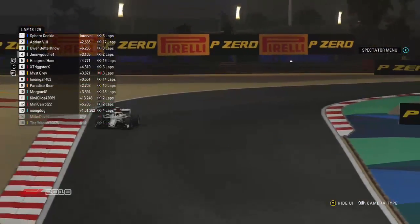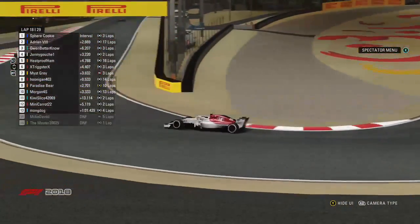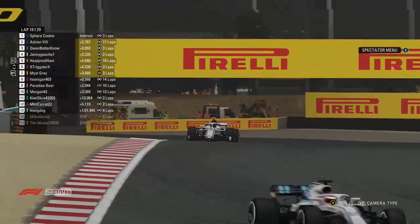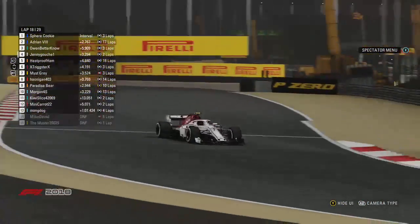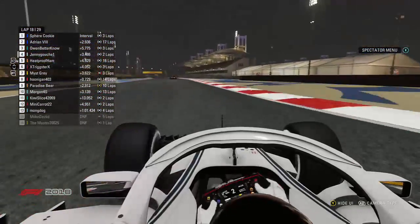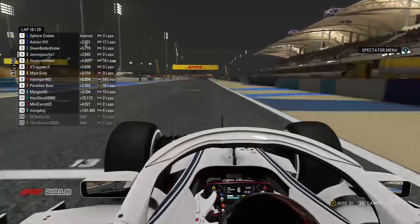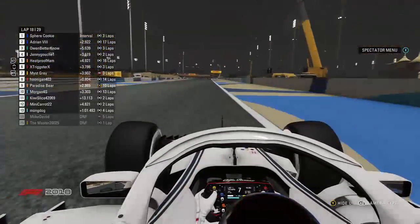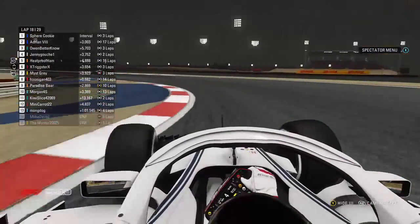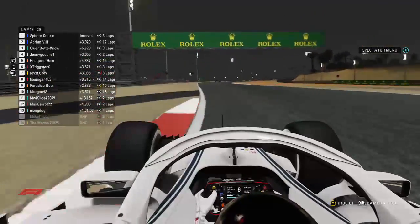Trickster is up next, 3 seconds up the road. Battles will commence for Mist Grey very, very soon. Trickster, the next person to be at the brink of losing their position. He is on new mediums though, so those mediums are fairly fresh and at the start of their life, so it's not like it's dire consequences. My question is, it's not whether Mist Grey catches up, it's what Trickster can catch up on, because at this moment in time he's going to be able to catch up on, now taking a look at this specifically,